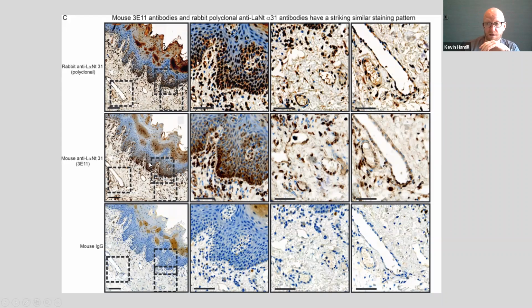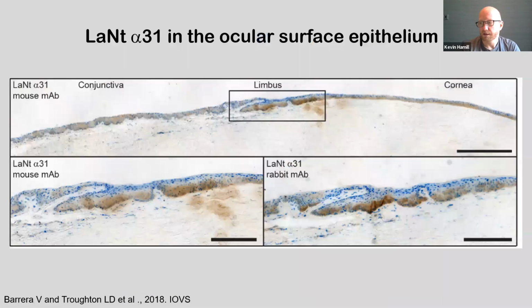And what you see is expression along the basal aspect of the epithelium and around vessels. This is larynx, I think. So a couple of years ago now, we published the distribution in the front of the eye, in the ocular